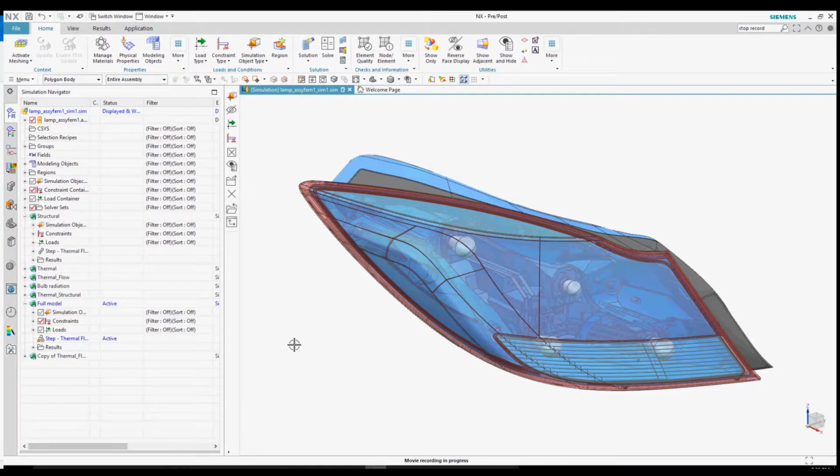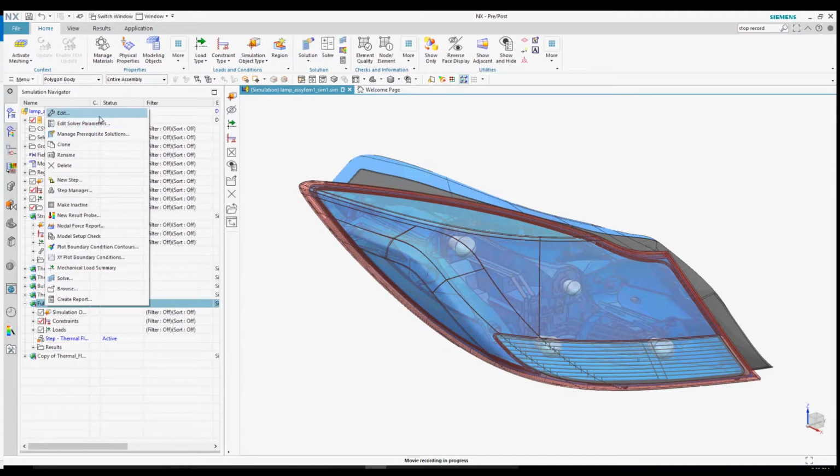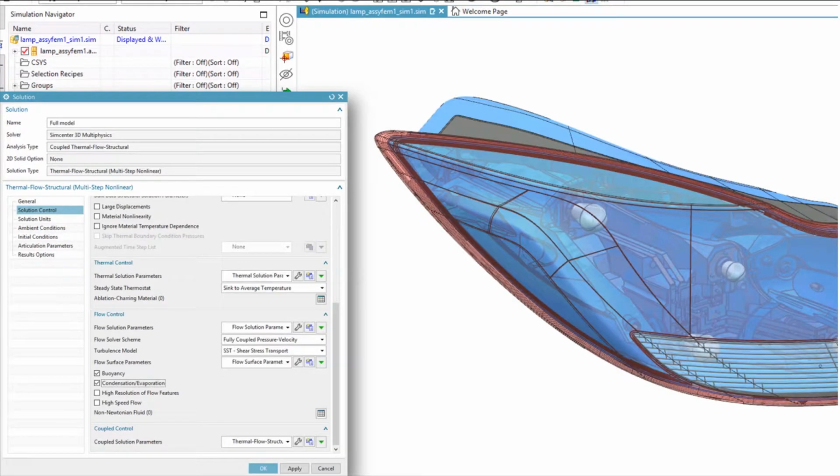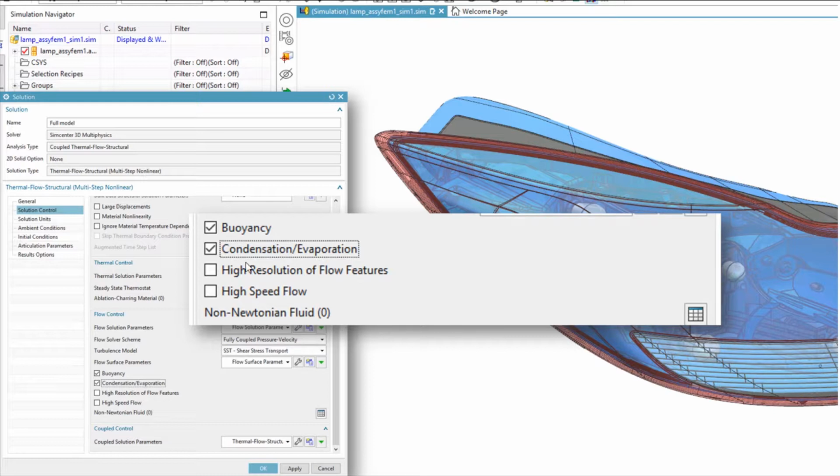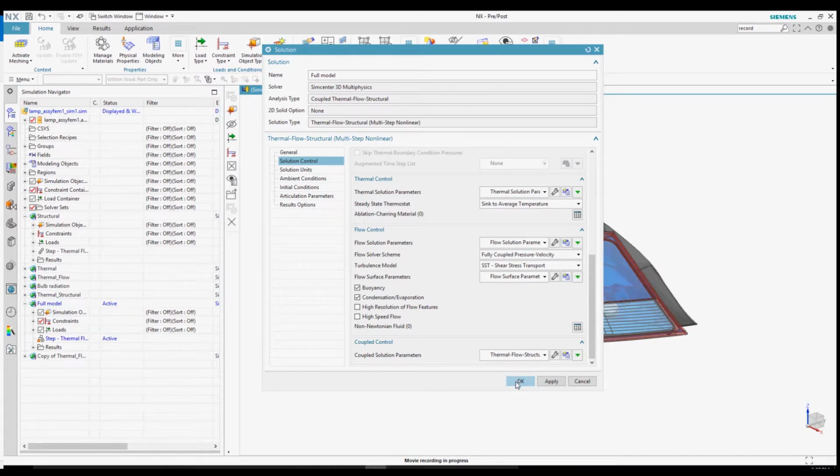At high humidity levels, it is possible that the water in the air will condense onto colder surfaces. Condensation analysis is activated via a simple toggle in the solution settings. The SimCenter 3D thermal and flow solvers will then account for the condensation and evaporation of water on surfaces inside the lighting system.